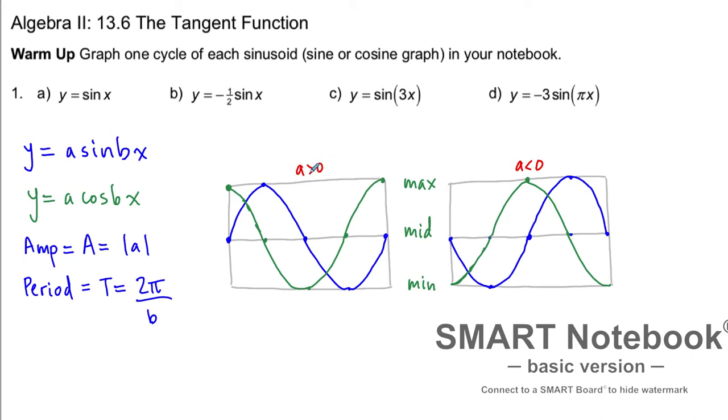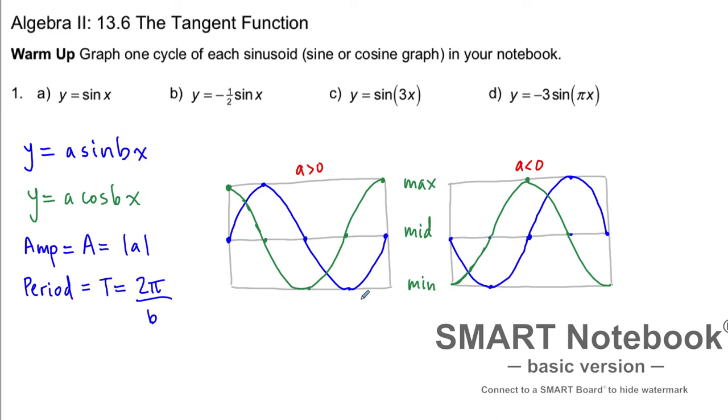Now, if the little a value is negative, we vertically reflect these original graphs. So the sine wave goes first down to a minimum instead of up to a maximum. Meanwhile, the cosine graph starts at a minimum and increases first, instead of starting at a maximum and decreasing when a was positive. The second parameter is b, which is a horizontal multiplier, and so b affects the period,